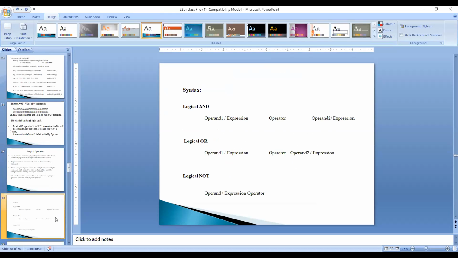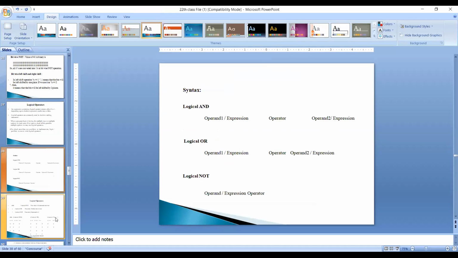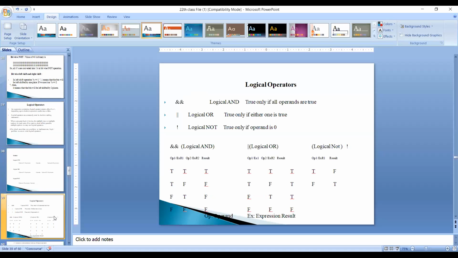There is a difference between logical and bitwise. First of all, our topic name is logical operator. There are three types of logical operators: logical AND, logical OR, logical NOT.